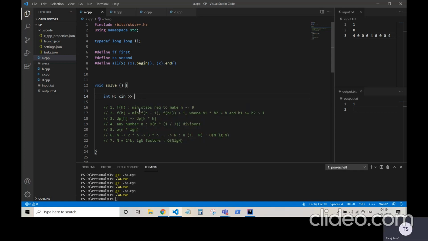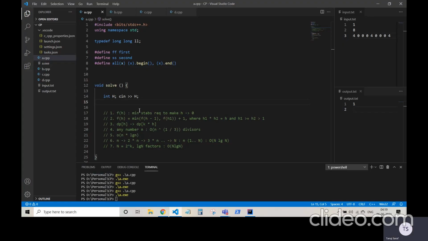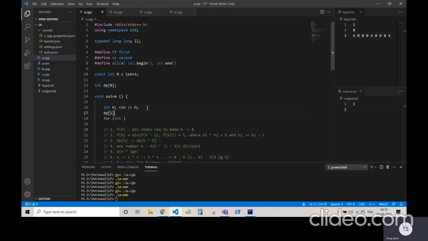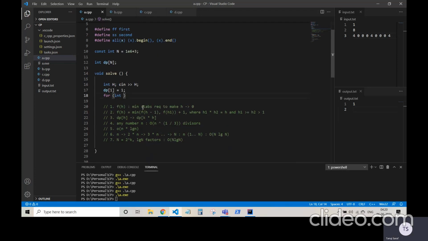Say that we take the health that we have, the original health, in the range of 26. So I will be declaring a global array and I will be calling it dp. A few base cases are that we know that for one health point there is only one way of doing it, that we just decrease it by 1, right? And for any other dp we have to calculate it.